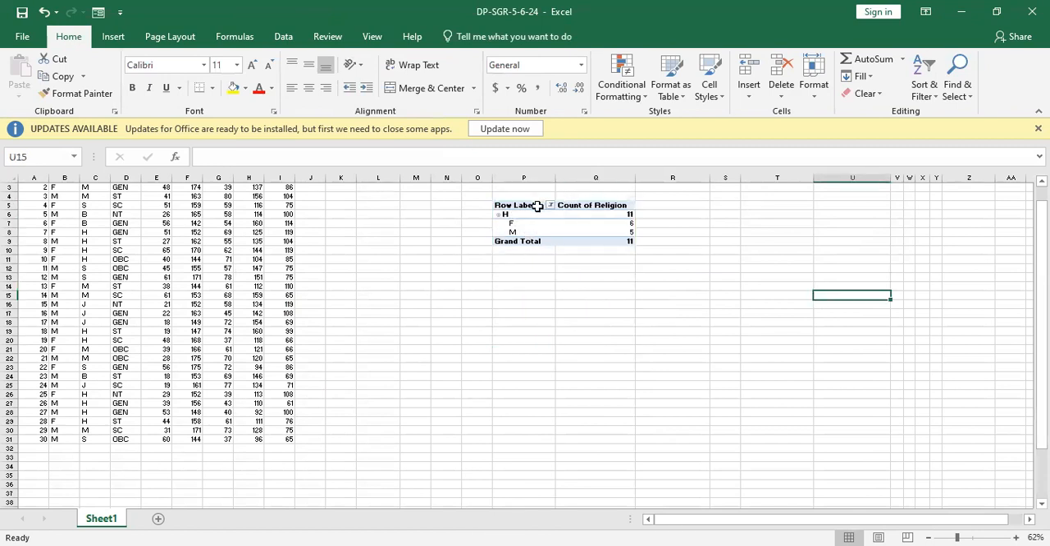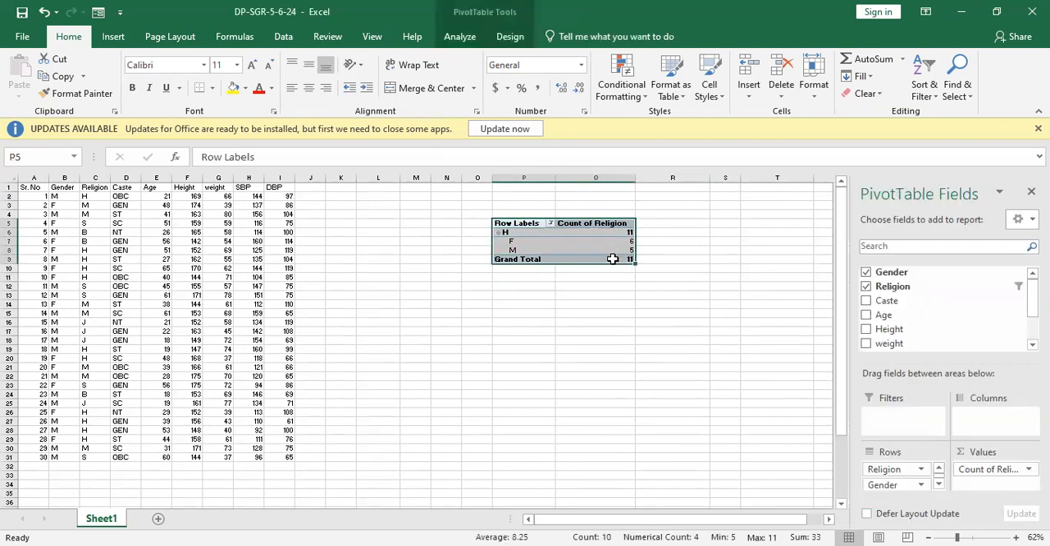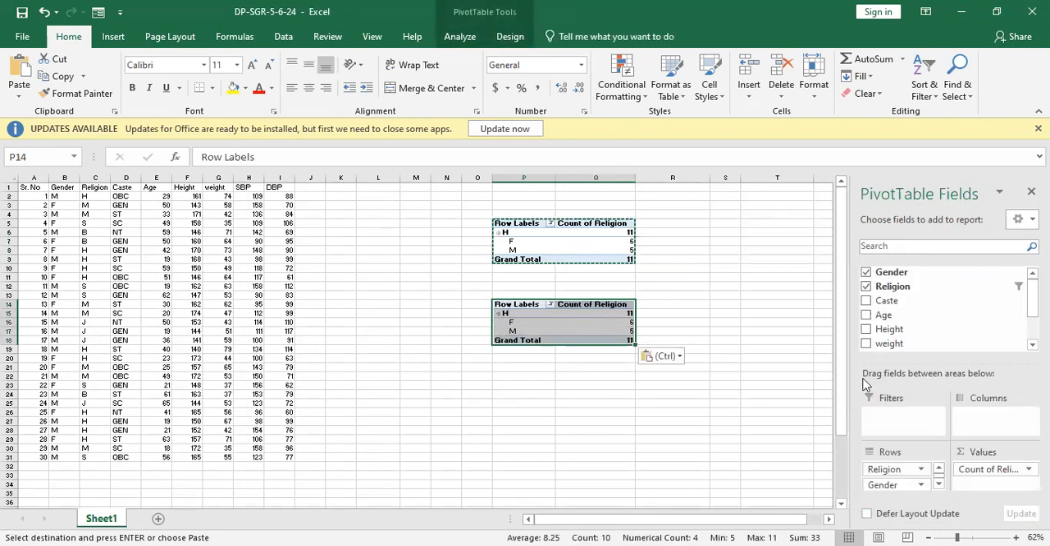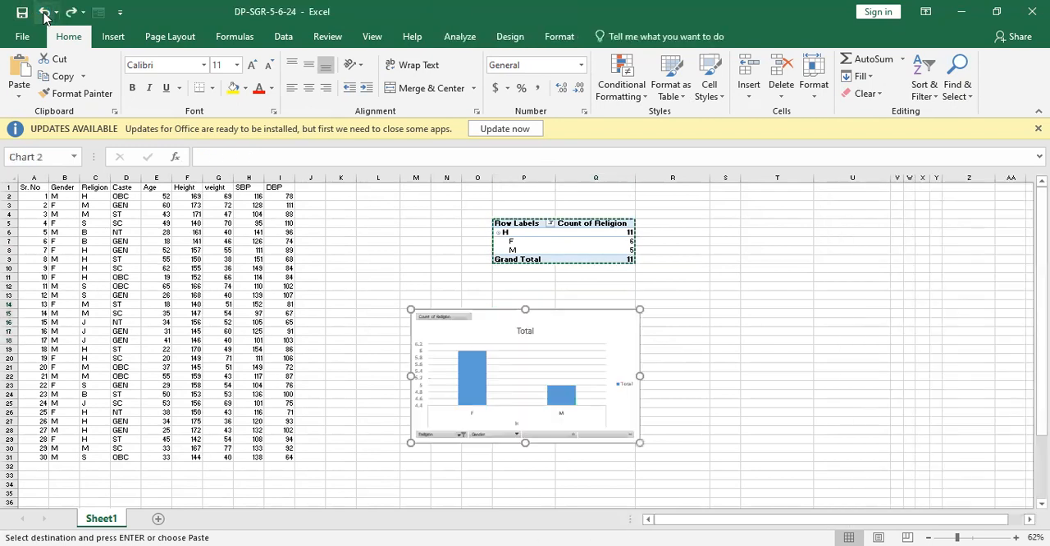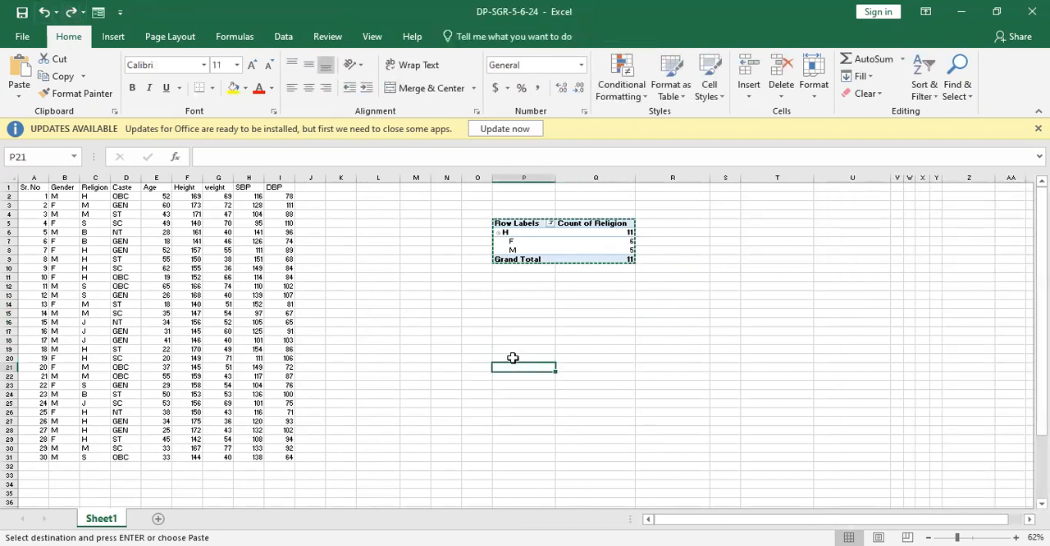Now, if I want the percentage of it, here we will just make a copy of all this data. Sorry, we are not going to copy this. We are going to perform a different function. So let's say here